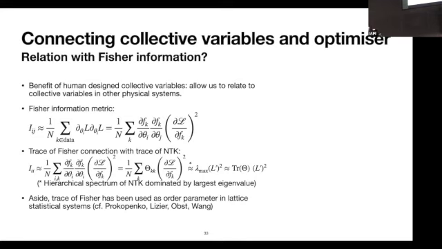So can I interpret this in some sense? Natural gradient is good but slow, but it might have some collective variable in the Fisher information that you could use to design an optimizer directly, and it happens to be directly related to the trace of the NTK. Yeah. And yours is faster because you're not actually computing the full metric and inverting, which is part of natural gradient. You're doing a fast calculation on a matrix, basically. Yeah. So it has, in some sense, the spirit of what's good about natural gradient without the downside. Okay, got it. Thanks.